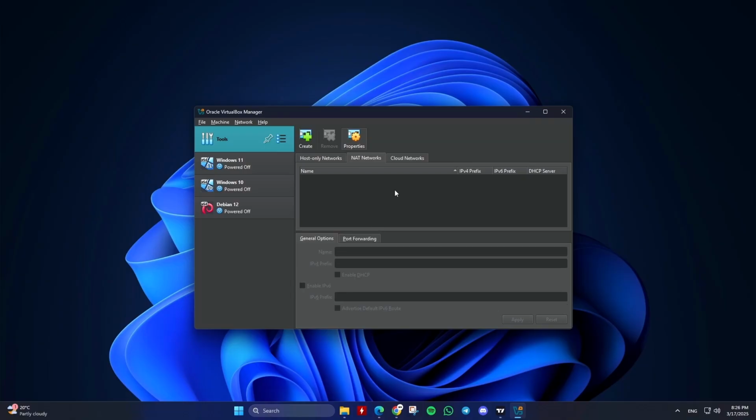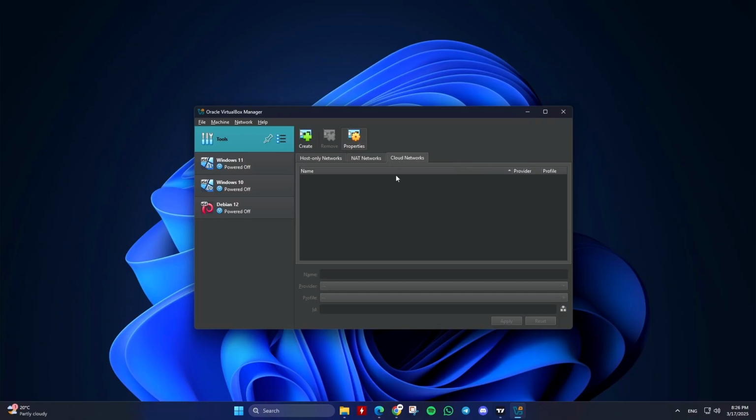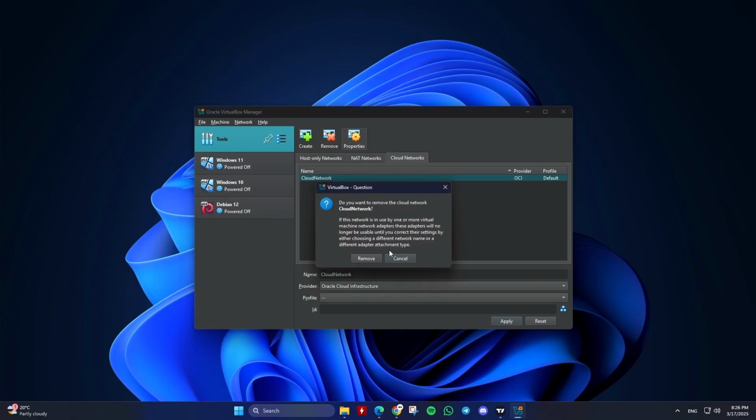Setup. Ensure the VirtualBox extension pack is installed to enable cloud features. In the Network Manager, go to the Cloud Networks tab. Click Create to add a new cloud network. Configure the cloud provider and network details, for example, OCI credentials, network ID. Assign this network to your VM by going to the VM settings, then Network, and selecting Cloud Network in the